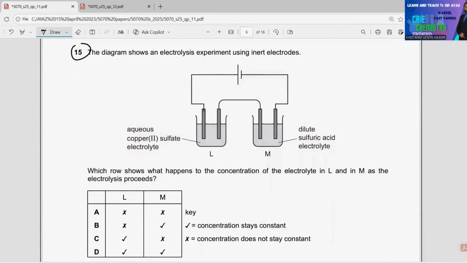Number 15. The diagram shows an electrolysis experiment using inert electrodes. So we have aqueous copper 2 sulfate electrolyte and dilute sulfuric acid electrolyte. Which row shows what happens to the concentration of the electrolyte in L and in M as the electrolysis proceeds? Now they have used inert electrodes, which means we will get the conventional products at both the electrodes. So in case of aqueous copper 2 sulfate, we will be getting copper at cathode